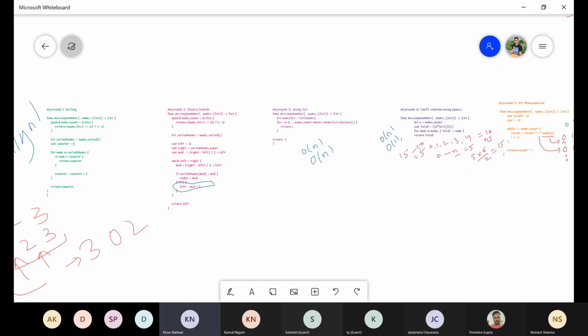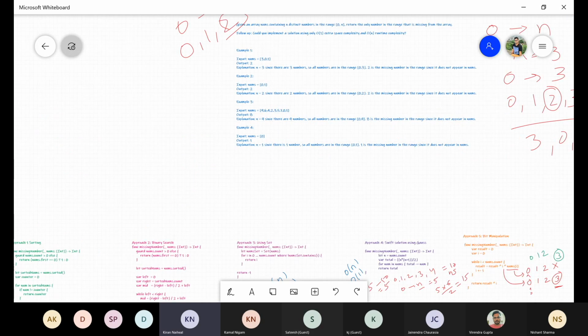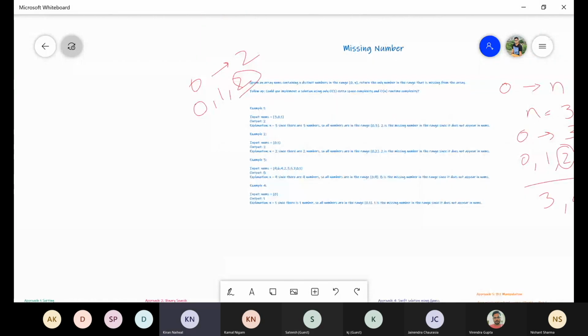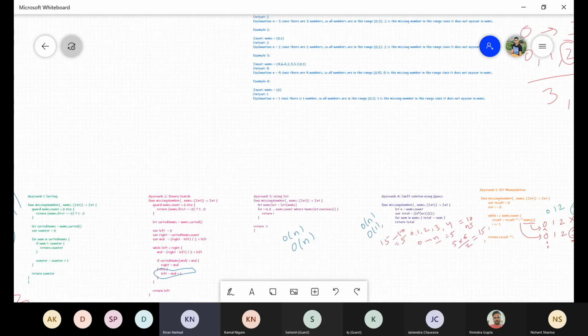If they will have negative numbers also, then what type of approach? How we have to change this approach? Any idea? Right now their numbers are from 0 to n, but I saw one question in which they are asking like multiple numbers are missing. They were saying give all the numbers which are missing. And second one, my doubt is like if we have negative numbers also, then this third approach n into n plus 1 will not work, right? What will be the optimized solution in that case?